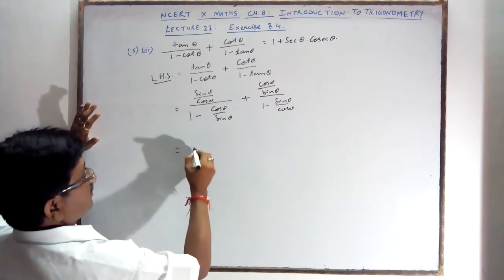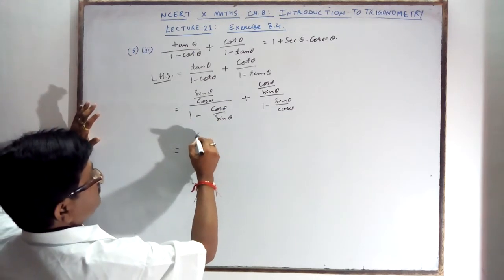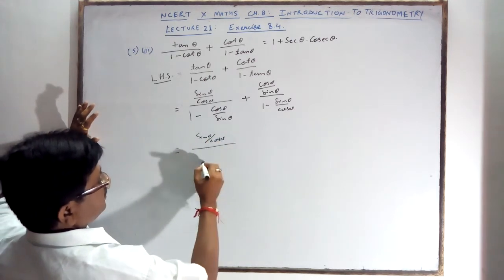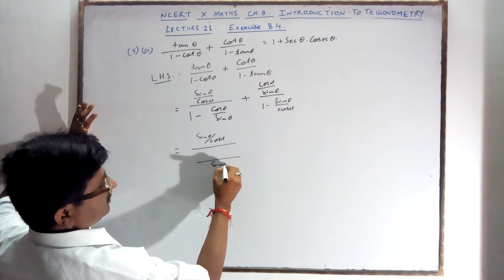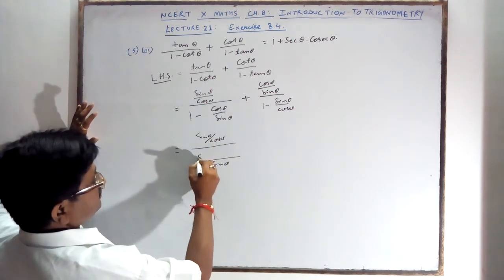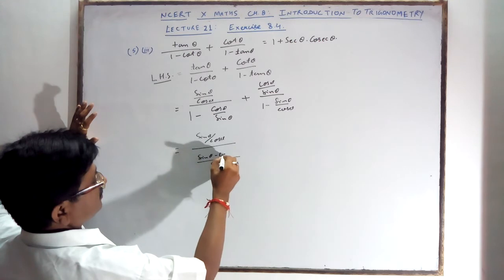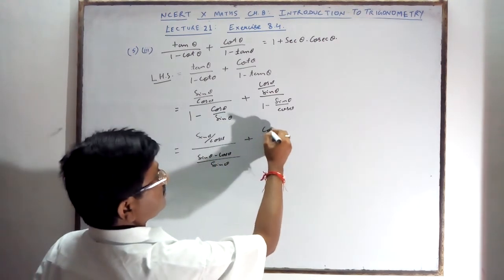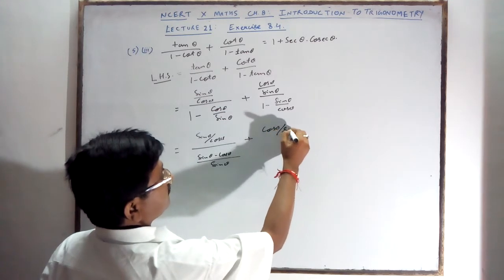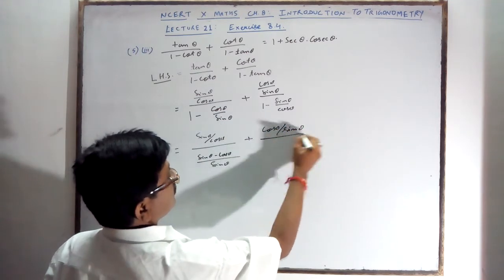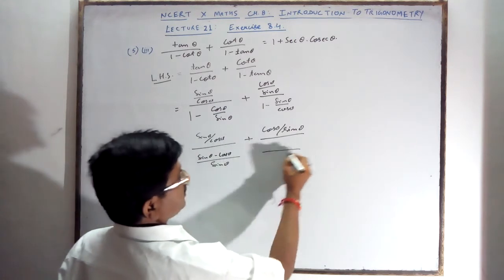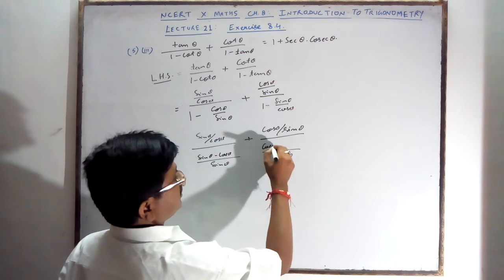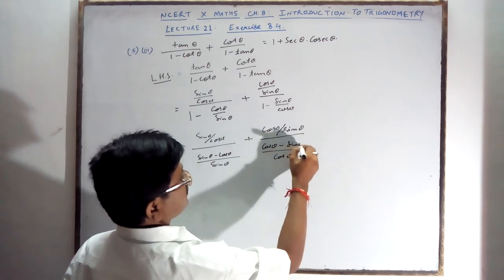So in the denominator you take the LCM. Sin theta upon cos theta you can write in slant line. Denominator you take the LCM. What will you get? Sin theta minus cos theta, plus numerator you write in the slant line slightly, then it will be easy to write. Denominator you take cos theta as the LCM, so you get cos theta minus sin theta.